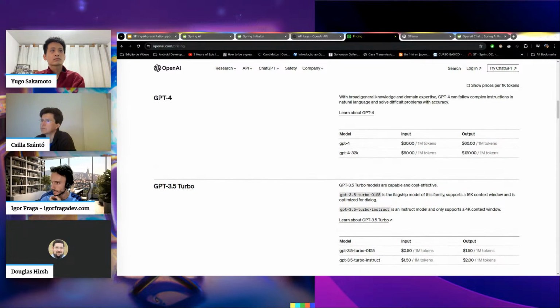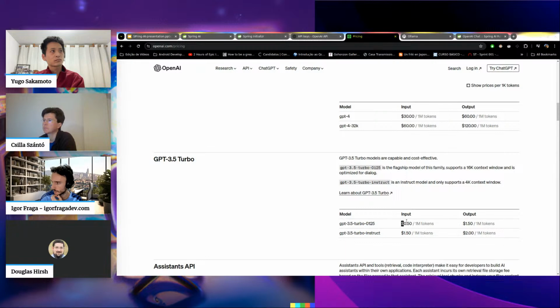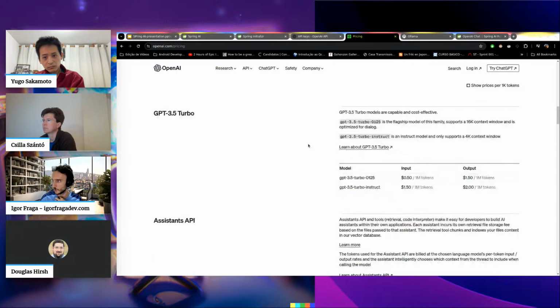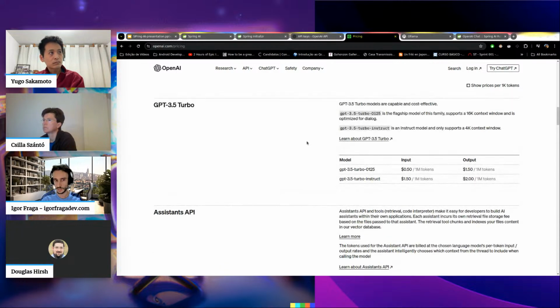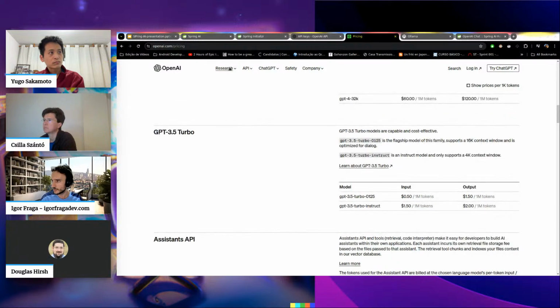As you can see, calling GPT-4 is much more expensive than calling the GPT Turbo instead. And since we are just testing here, we have many more possibilities to use. Tokens is the currency of calling these models.